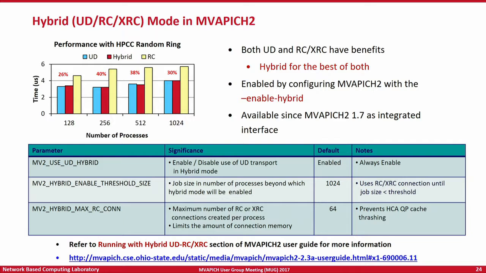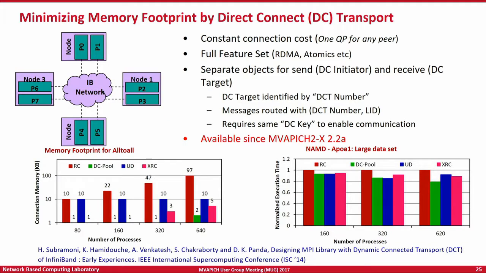So this is meant to be the next transport protocol going forward for InfiniBand, and this is the reason why it is being projected as such. It gives you a very low memory footprint for your connection related memory compared to RC, UD or XRC that we saw in the previous slide. It also gives you very good communication performance compared to all the other transport protocols for real applications at scale. So going forward, this is being touted as the go-to transport protocol for large-scale and exascale systems.